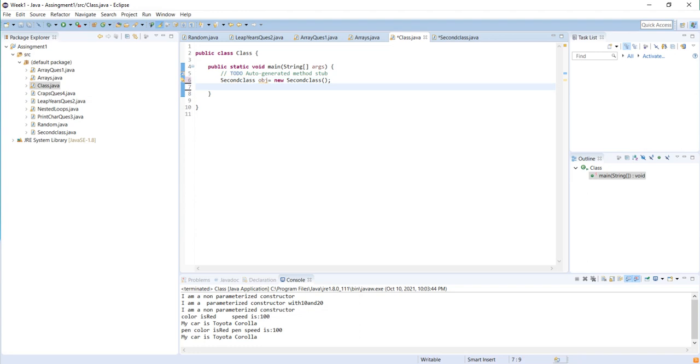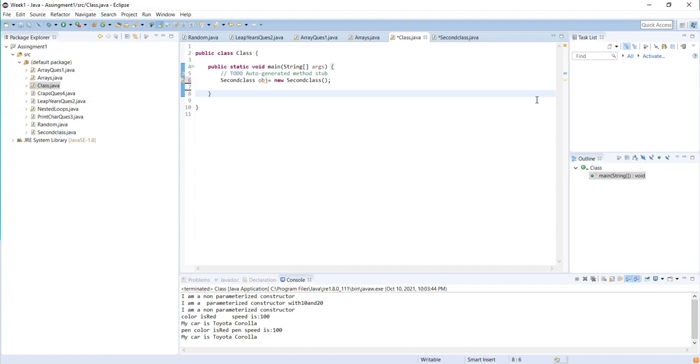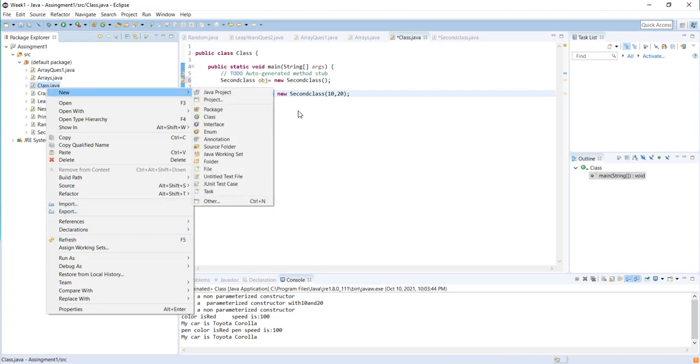I'll create this again, rename my object and make it with parameters. I gave 10 and 20 as parameters. Right now I'm just going to run this.